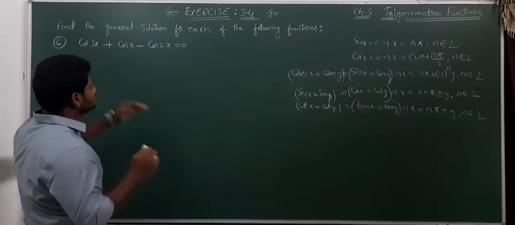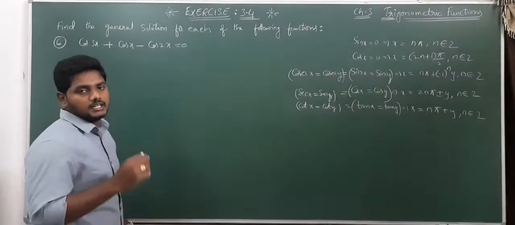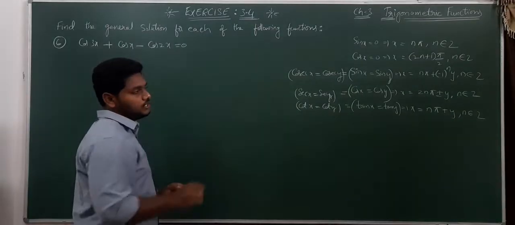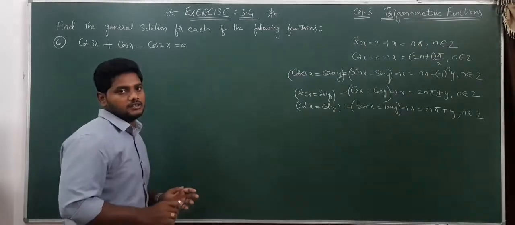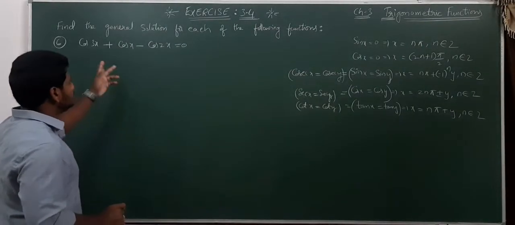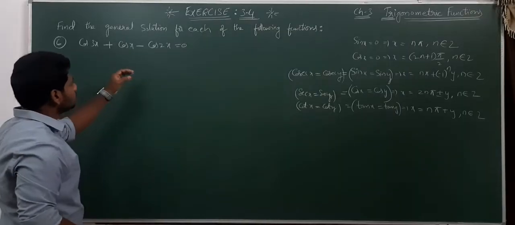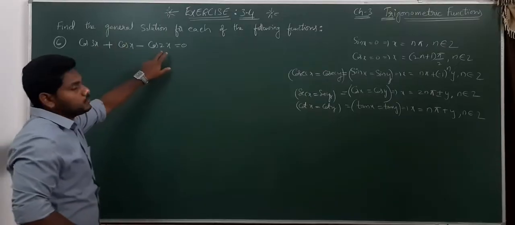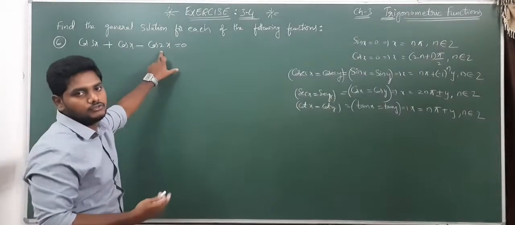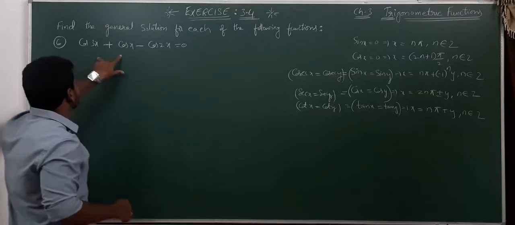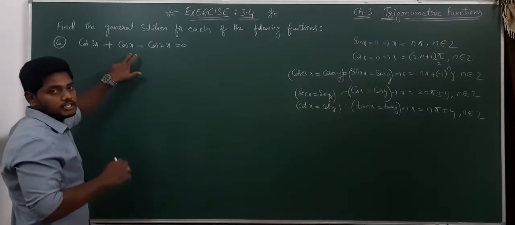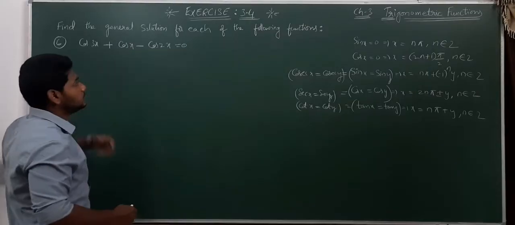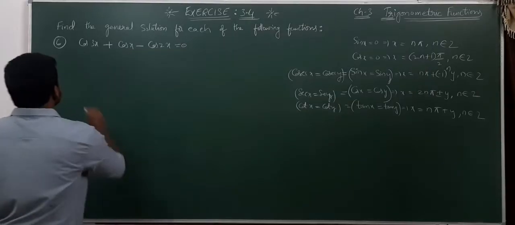To simplify, which two functions do we need to take? That also we have discussed in exercise 3.3. Which two functions we need to add or which two functions we need to subtract. Before considering those, first of all you need to identify. If you take 3x plus 2x, 5x by 2, you won't get a particular value. But if you take these two, 3x plus x is 4x, 4x by 2 is 2x, 3x minus x is equal to 2x, 2x by 2 is equal to x. So like that, similar terms we will get.